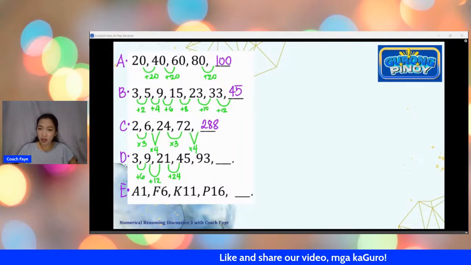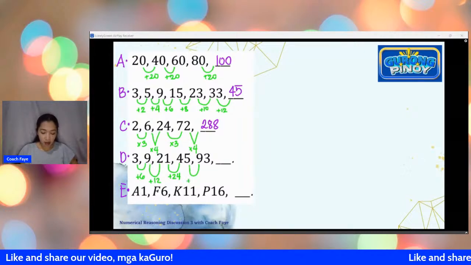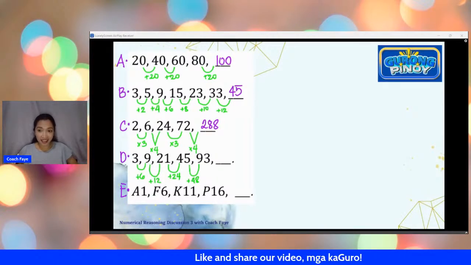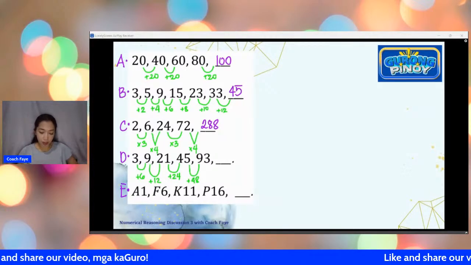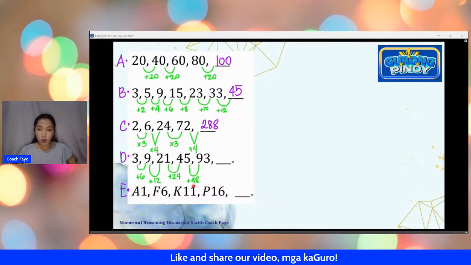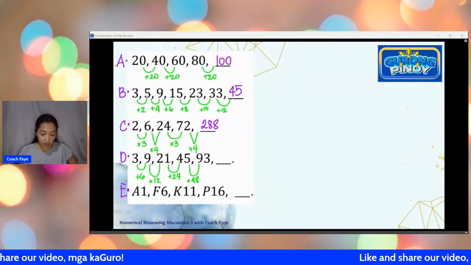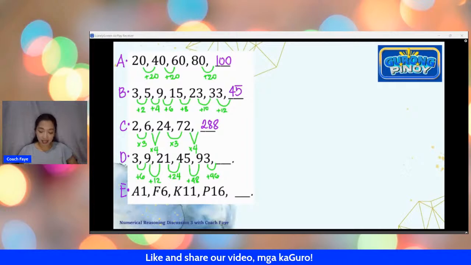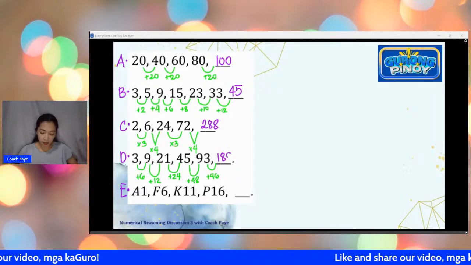Are you seeing the pattern now? Anong nangyayari sa dinadagdag natin? And this one here becomes plus 48. So yung dinadagdag po natin ay nadodoble, right? 6 times 2, 12, times 2, 24, times 2, 48. So we expect that the next number that we add here will also be multiplied by 2. So yung 48 magiging plus 96, which should give us 890.